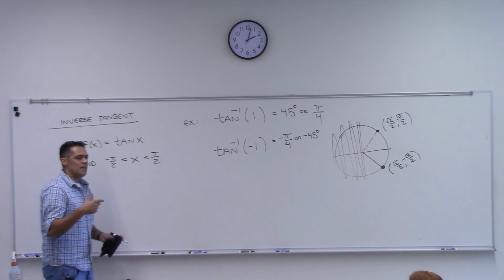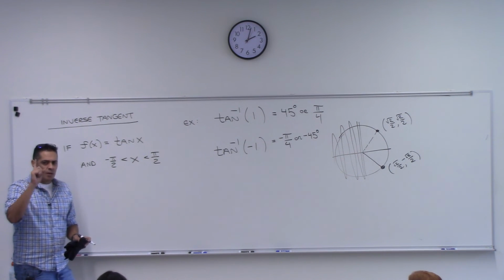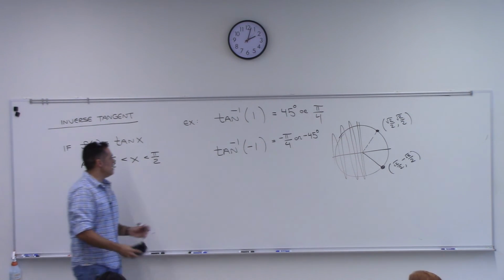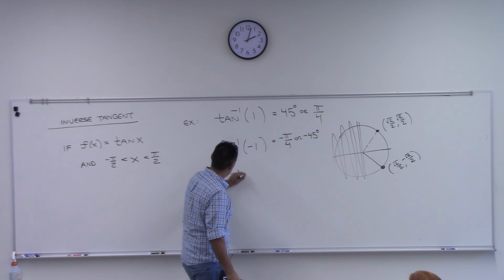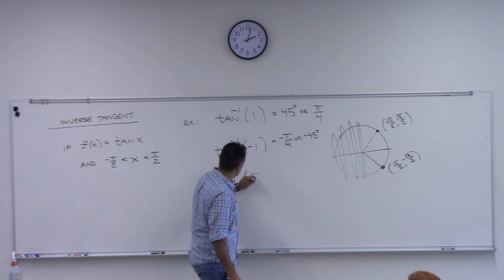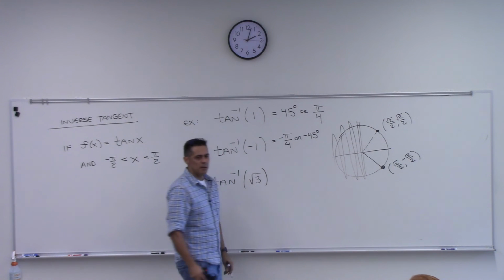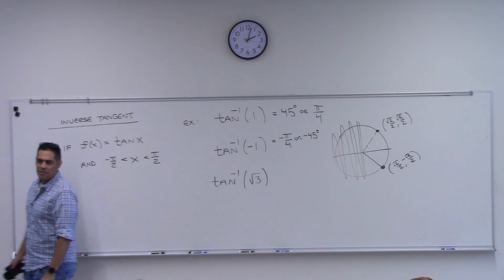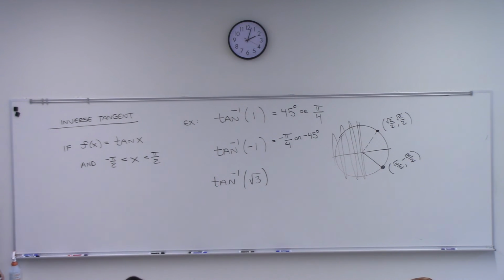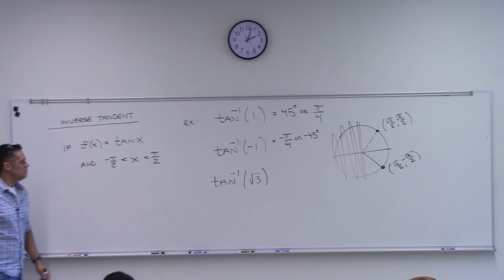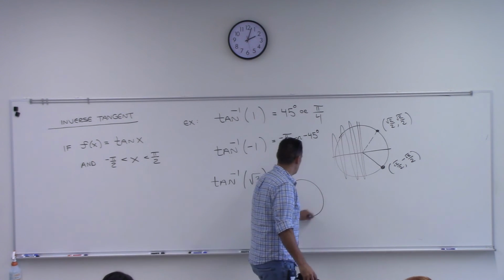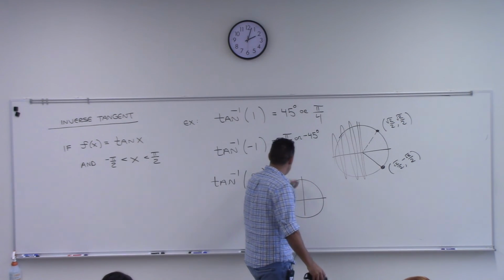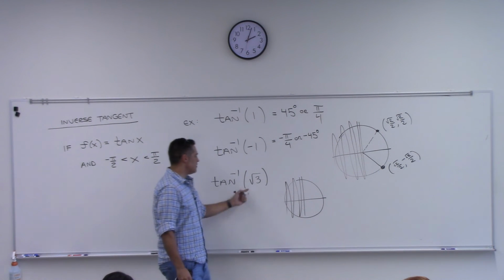Let's do some more of these that are a little harder, but once we do them, you'll hopefully recognize them from here on out. Inverse tangent of root 3. Believe it or not, that is a common point on the unit circle. You just have to think about, well, can you tell me what quadrant I'm going to have to be in? I have to be in the first quadrant,